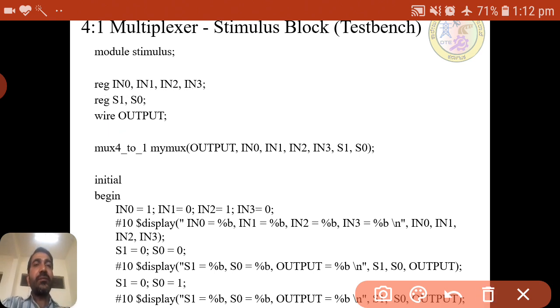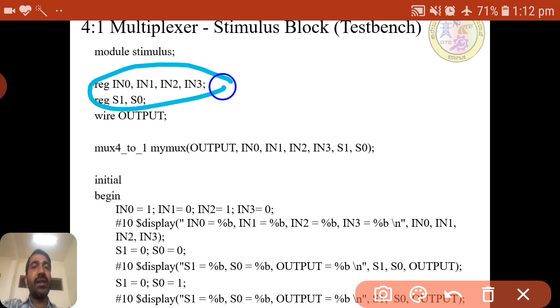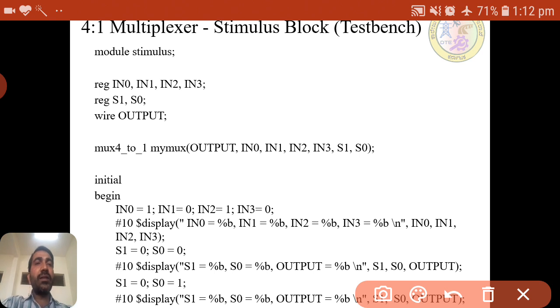But here in the test bench, inputs are declared as register and output as wire. And for the names, we can use different names. There we used small letters, and here we are using capital letters.